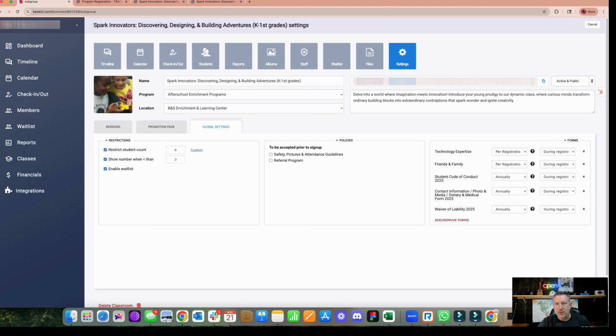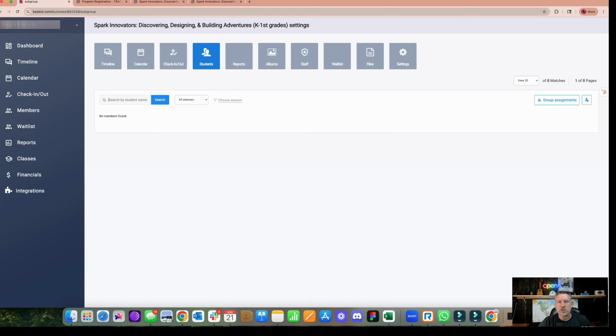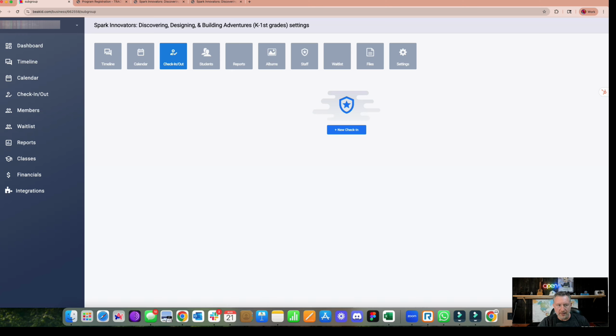In addition to this, each class has its own set of areas that you can manage. So you can manage directly the students from within this class. You can do the check-in, check-out in that class, the timeline, the calendar, the photos, the staff, the wait list. All of that is available for you to really be able to manage it. In addition to that,